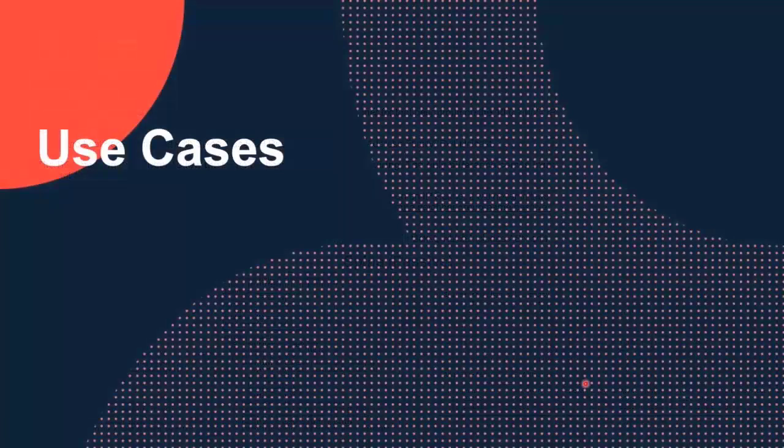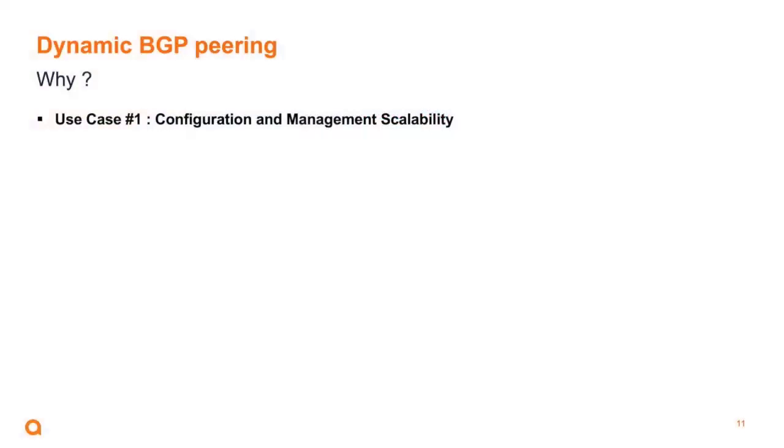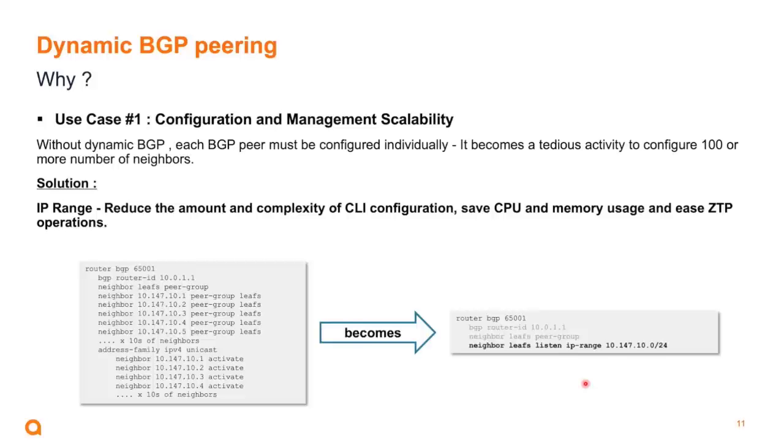So now let's move on with the use cases. The first and maybe most important use case is the one that we have already presented, which is the configuration and management scalability. From a BGP perspective, the solution to improve the configuration itself, as well as its scalability, is to use IP ranges instead of individual IP addresses for each neighbor. It will reduce the time to configure, the complexity of it,